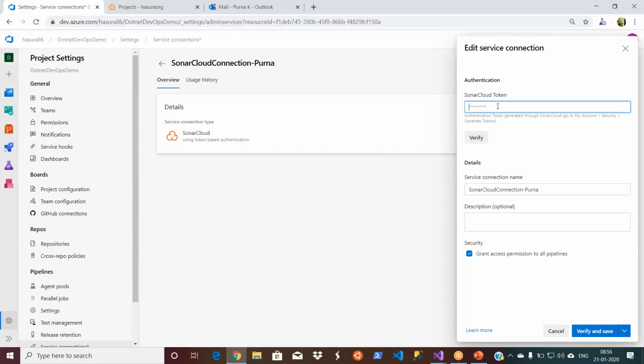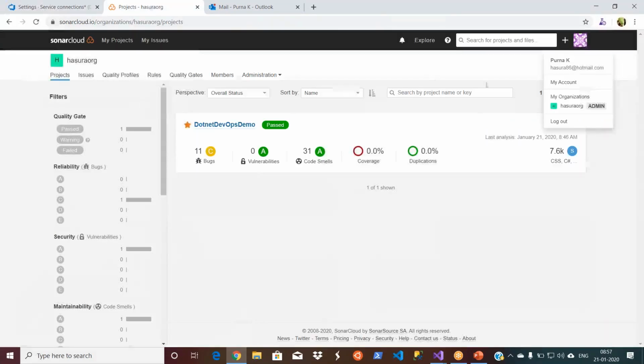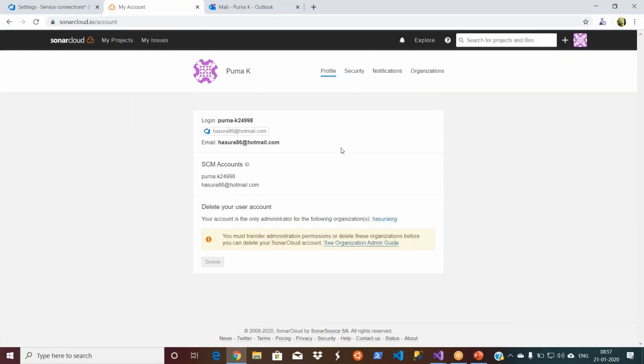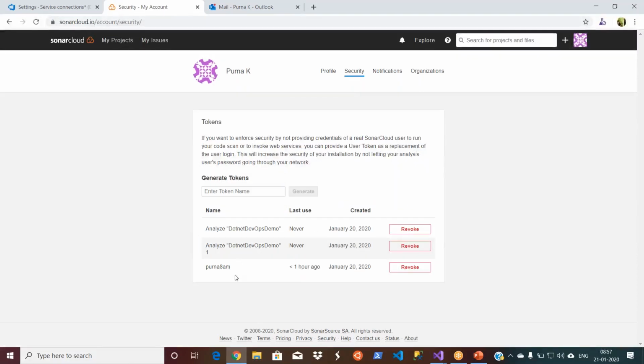No, see, that used to be very big, right? Very small. That's what I'm saying. You cannot take it. So let me go back here again. That's why I always save it. Let's go to your account and then security. This is the one, I guess. Is it? I can't take it. Okay, let me create one more token. Hopefully, it will not fail my integration. But let's create one more.